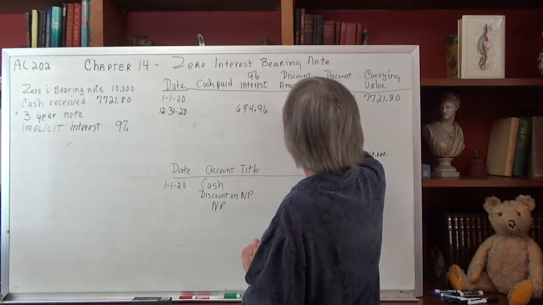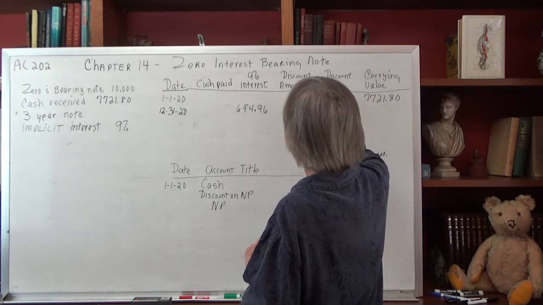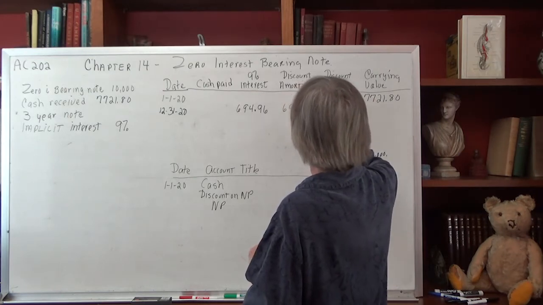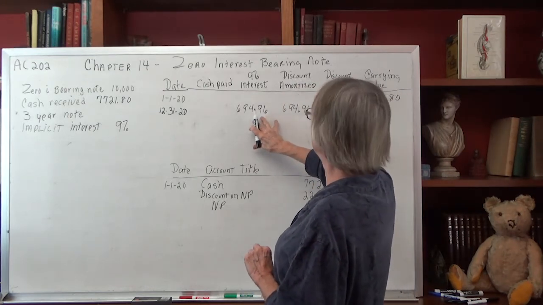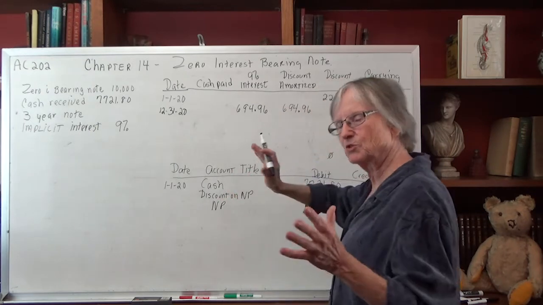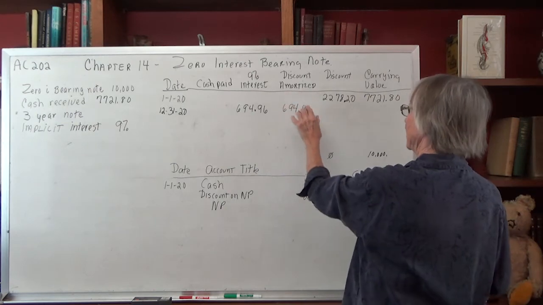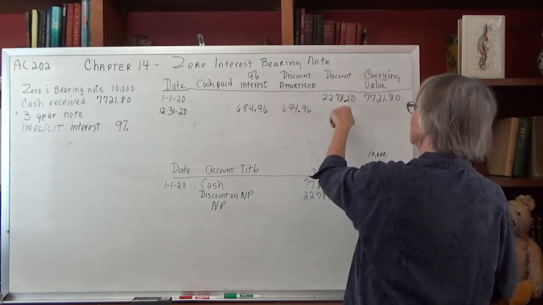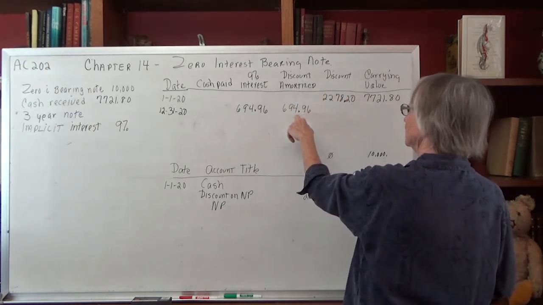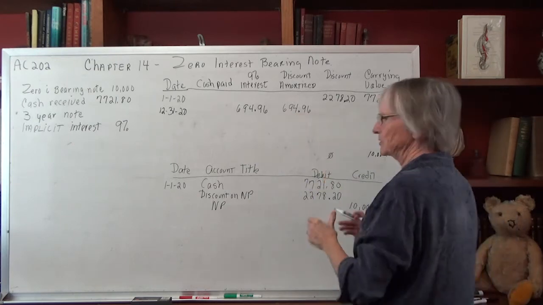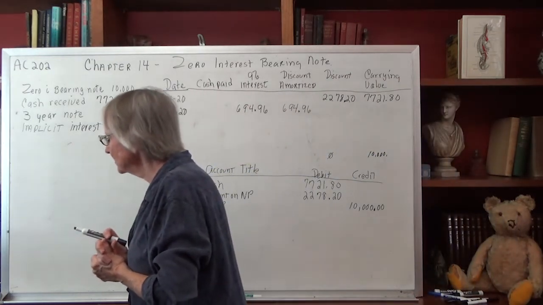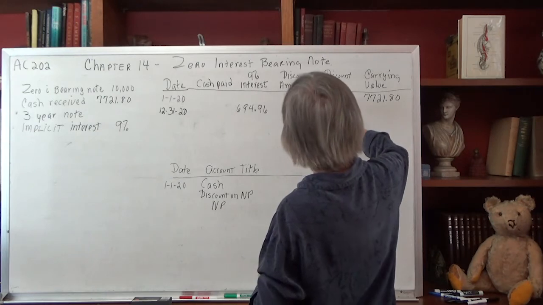That's also the amount of discount that is amortized. Now, it may be redundant to do these twice, but I want to make sure you know what's happening here. This is the original discount, we're going to go minus what we've amortized so far, and there'll be a new balance to that discount of